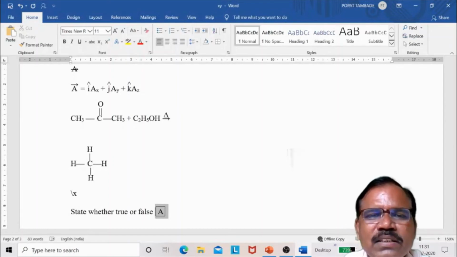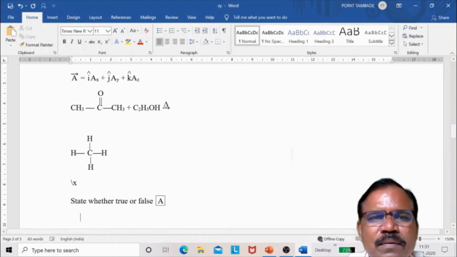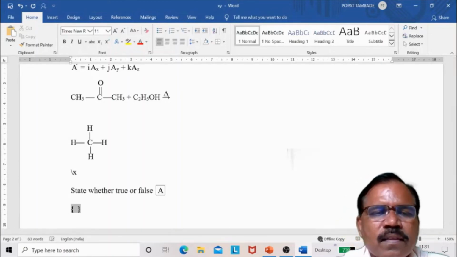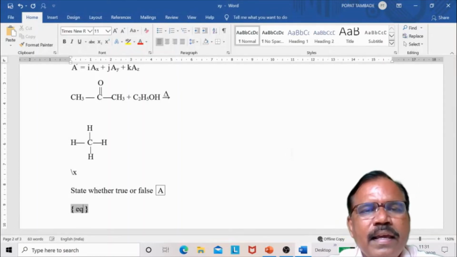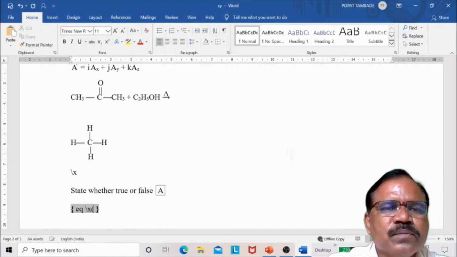So in such a case, what will you do? We will take this one, same one, means tick box I have to make. So here open this, EQ backslash F, sorry, backslash X,